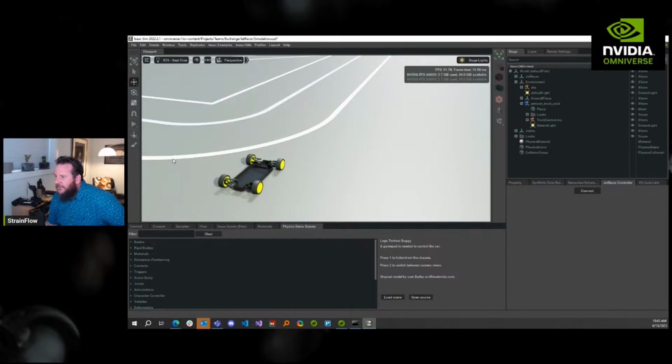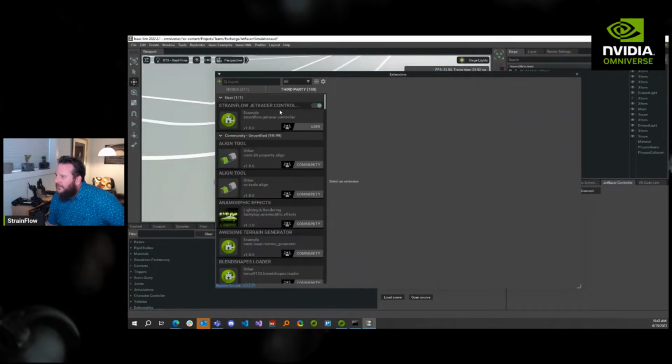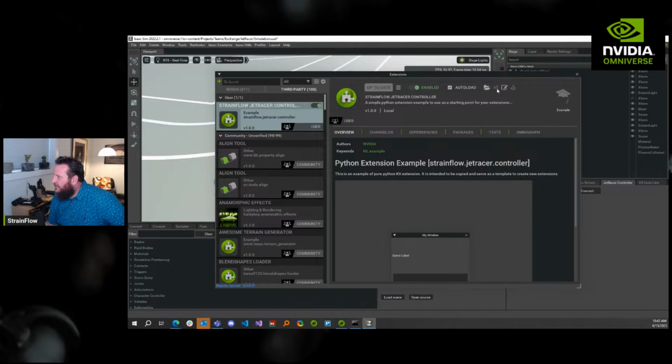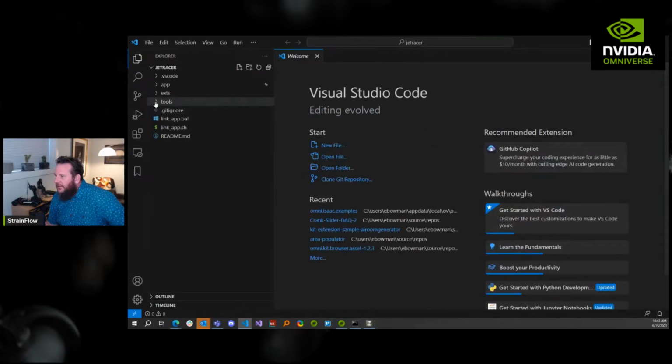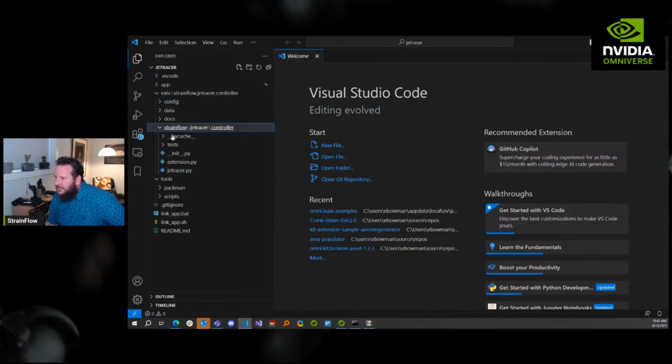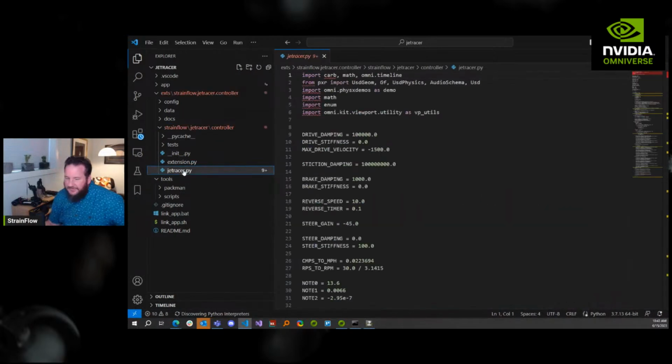Windows, if I go to extensions, and then if I go to third party, here it is, and I can open the source code in VS Code. Oh, we want this one. All right. So this JetRacer, I just copied and pasted that demo code, and then turned it from a demo